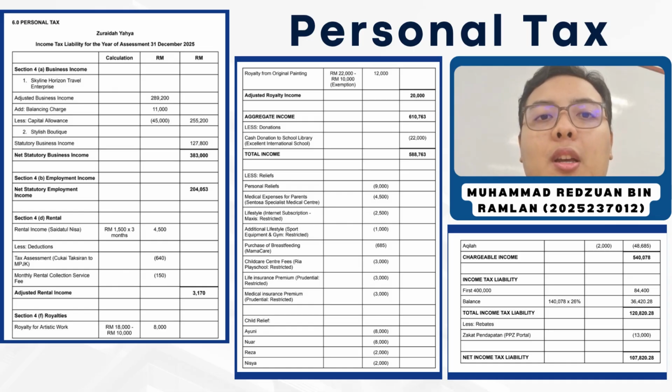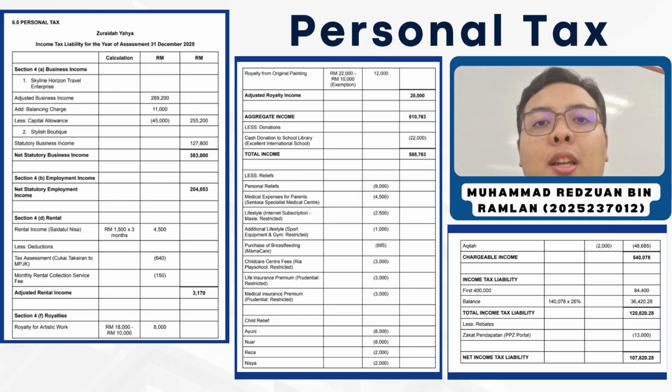Chargeable income is 540,070 ringgit. The final taxable income amount remaining after all personal relief are subtracted from the total income. The total gross tax liability, which is 120,820 ringgit with 28 cents, calculated using the progressive tax bracket,